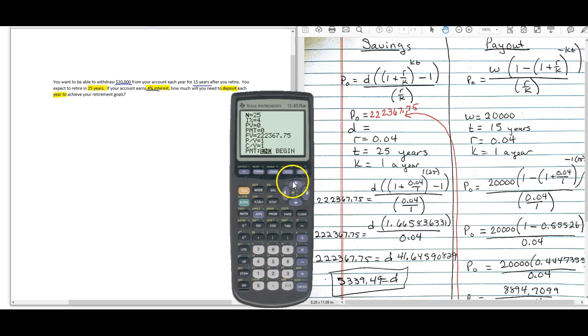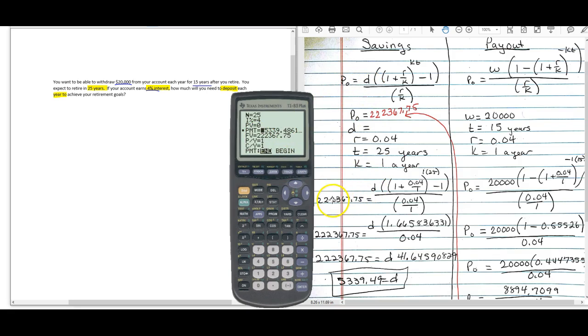Okay, because this is what we're starting with, which is nothing. Unless we had money to start, we'd put it in there, but we're saying we're starting from nothing. So for 25 years, we want to know how much we need to pay in to get to this $222,367.75. Still compounded annually. Enter, and we get our $5,339.49. And you can see that's a negative because we're paying it out of our pocket,